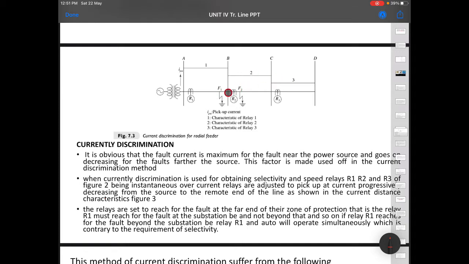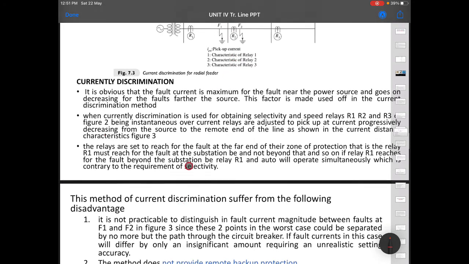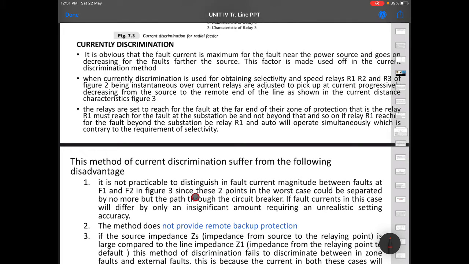Since the fault is near to R2, it can pick up this high current, even if the current sensed here is 150, which is normal for the AB section but not a normal current after B section. So R1 should have tripped for F1 but R2 is tripping for F1. That problem would arise. Hence this method has a problem.